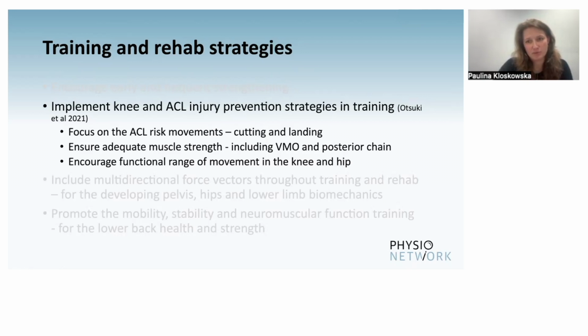Vastus medialis oblique and posterior chain seem to be, from the data, the most important. We know that, not in adolescent girls, but in adult women, hamstring weakness and relative hamstring to quadriceps weakness, so the ratio metric, is one of the outcomes showing us that it is increasing the injury risk for female athletes. So we want to make sure that the hamstrings and this posterior chain are strong and able to support